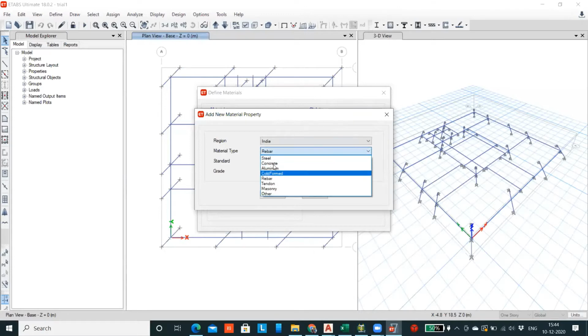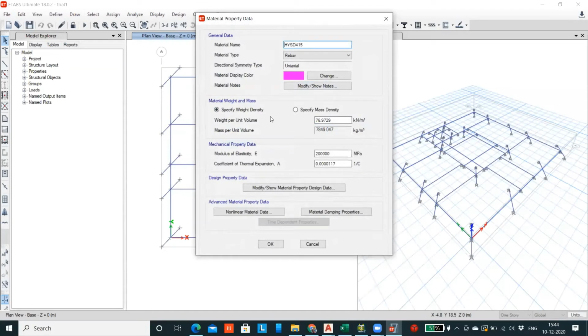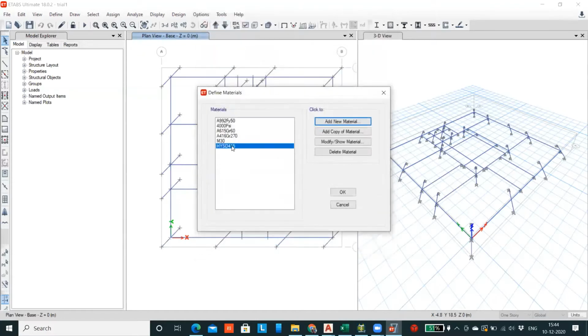You should not select steel. Steel is for different sections, like I sections, channel sections and angle sections. Those are fabricated steel. This is the reinforcement that we use in the concrete. So you have different grades here for the steel. You can take Fe415 grade of steel and click on OK. The properties of the steel will be over here. You can understand these properties clearly later. So I've created the grade of concrete and grade of steel.